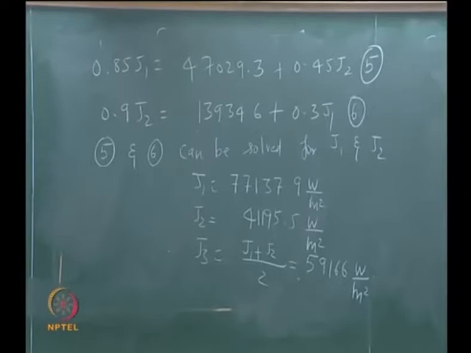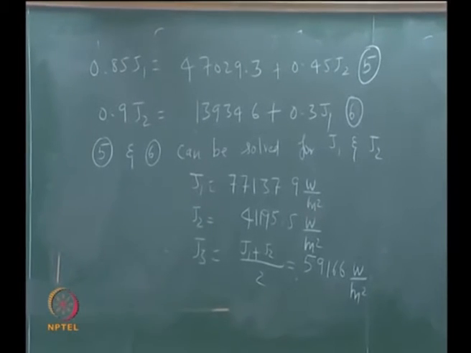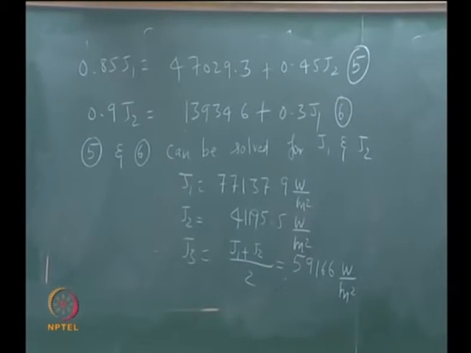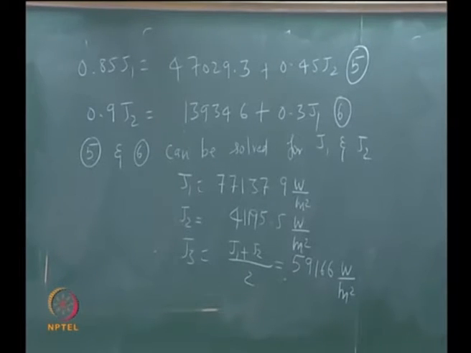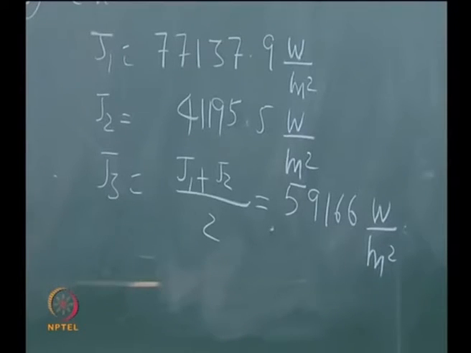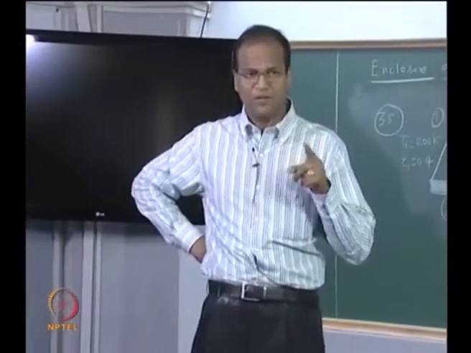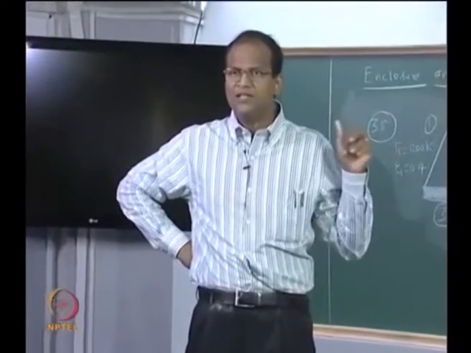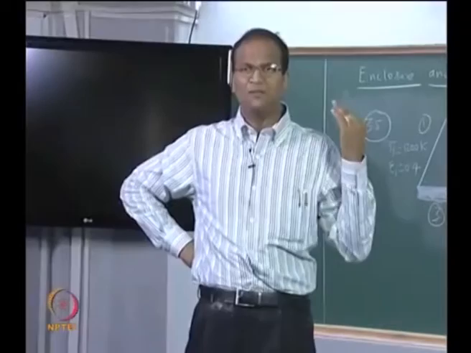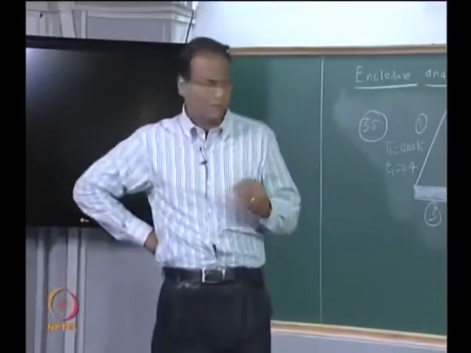Please see, today we have solved 2 problems, it has taken 50 minutes. The quiz will have 3 problems for 50 minutes, but you do not have to derive 1 minus a1 by a2, it is already there in the notebook, okay. So do not underestimate a 3 surface enclosure, or even a 2 surface enclosure. If it involves self view factors, it will take 20 to 30 minutes if you do not have the formula. A 3 surface enclosure, because of the algebra, will take 20 to 30 minutes, okay.